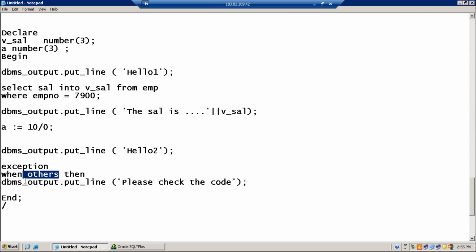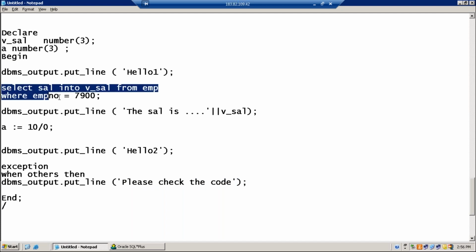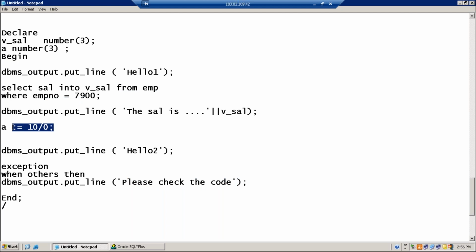On the output, if there is an exception, the output is not clear. Yeah. By looking at this message, please check the code, the developer cannot understand: is the problem related to the select statement? Is the problem related to divide by 0? Or is the problem related to local variables? Developer does not know.